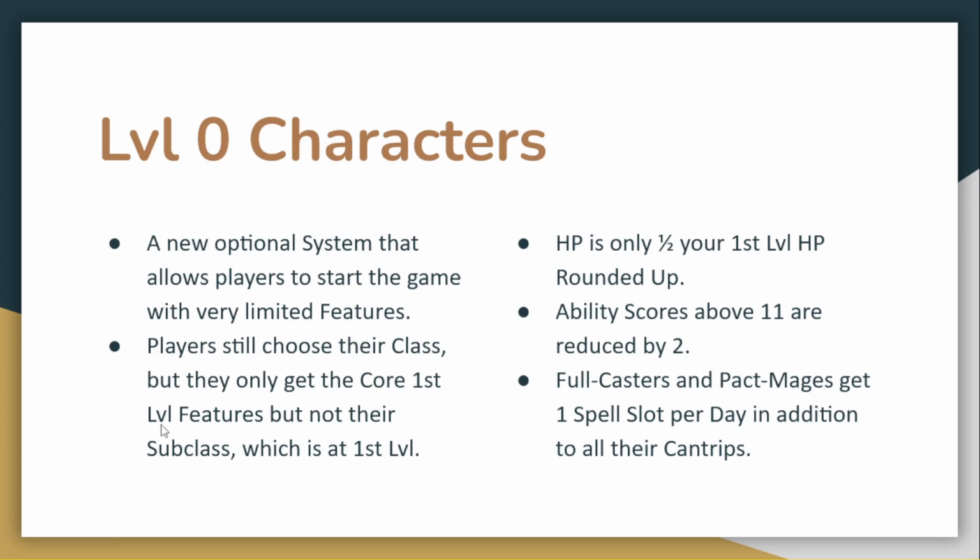You do get the first level features, so you would get Lay on Hands, you would get Favored Foe, you would get Rage and stuff like that. That is all unlocked at the beginning of the game at level 0. However, you do not get the subclass, which is gated to first level, which, I mean, for me,